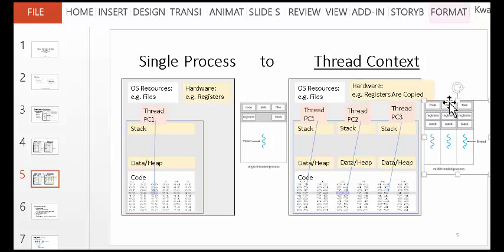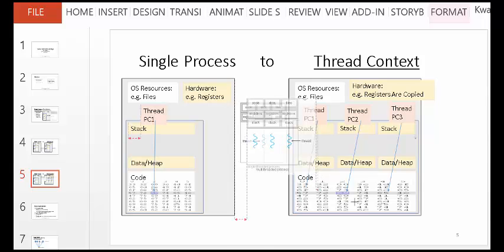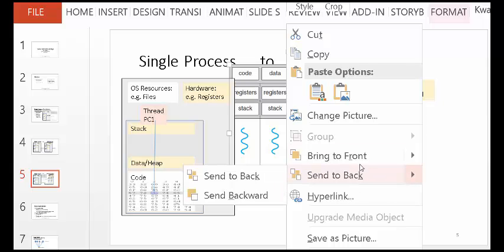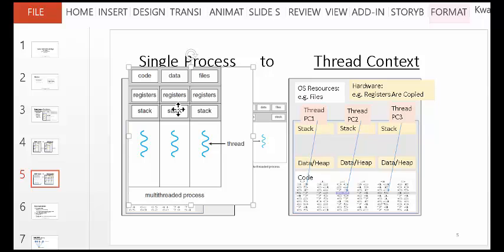Today I want to make it a little bit more interactive. Alright, so this is how the text visualizes it. Inside your program, instead of just having one code, one data, one file, one set of registers, one stack, when you have multiple threads, it means that you have to keep track of multiple variables. And each variable has to be separated from the other.